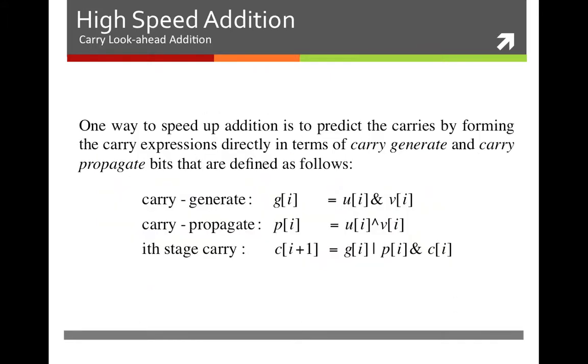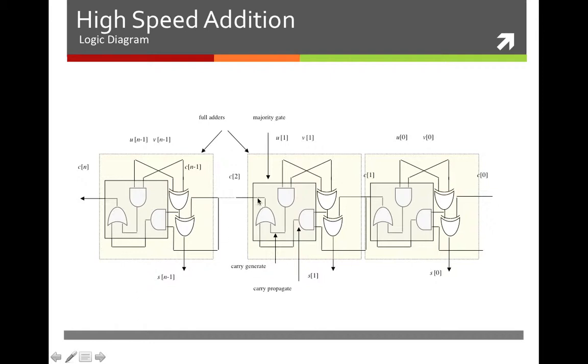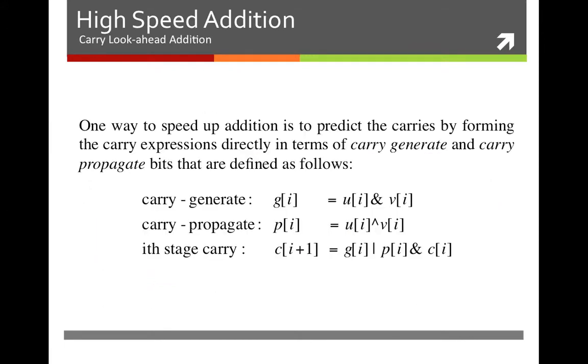Now what we're going to do is look at the way that we can possibly speed this up, shorten this path a little bit, because the path length here, the carry path, is what makes this addition slow. And so we are paying attention specifically to the carry generate and carry propagate bits, and we write this carry, as we said earlier, as a combination of carry generate, which is this, and the carry propagate, which is this portion of the